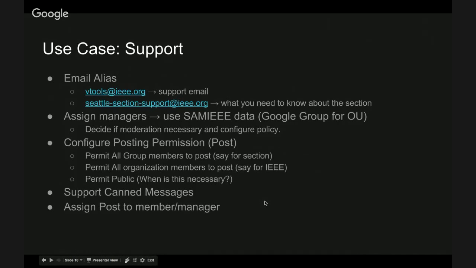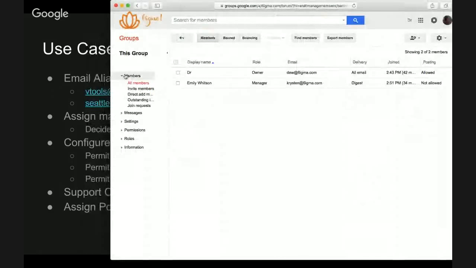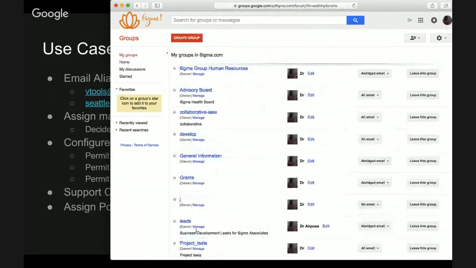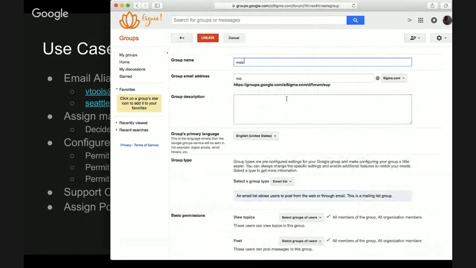Okay, so another use case, we want to use it for customer support. And that takes us back to the options. If we're going to use a group for support, it is better to create a group type that supports that from scratch. So let's go back to create groups and we call it support IEEE